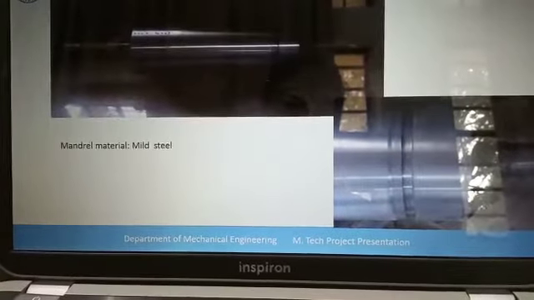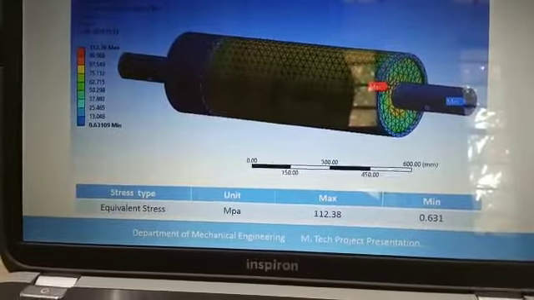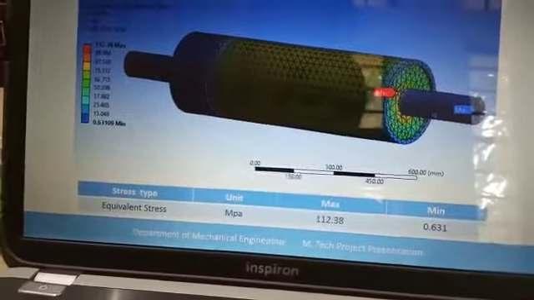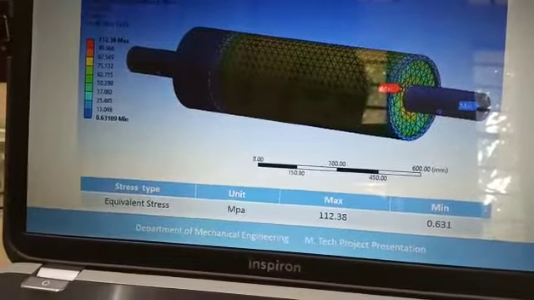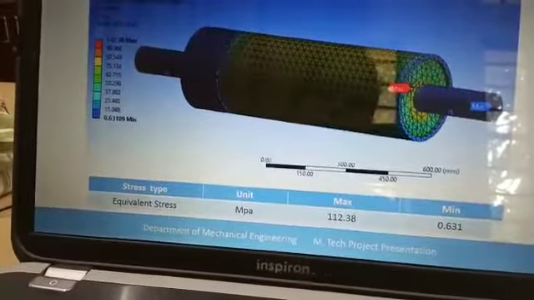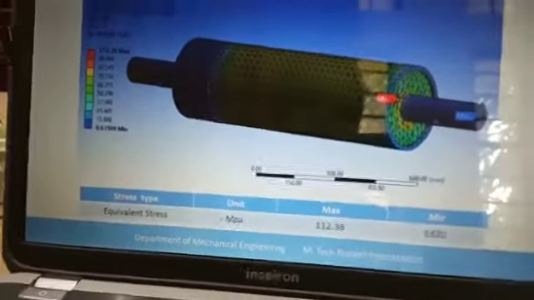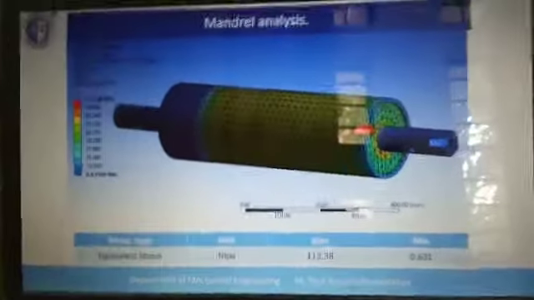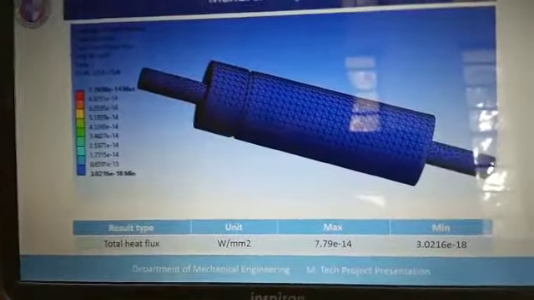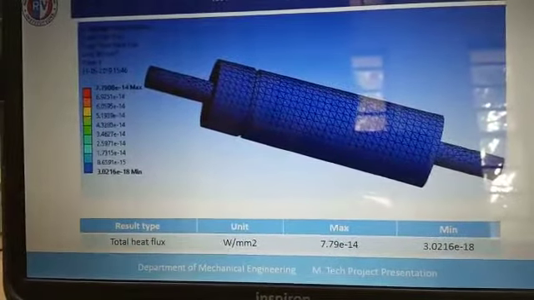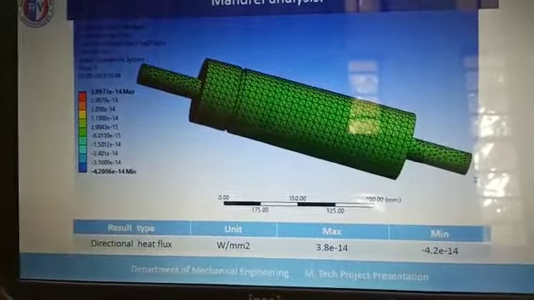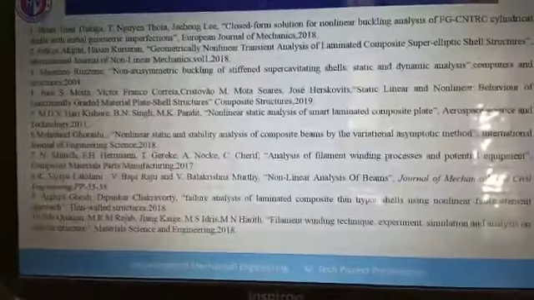These are the fabricated mandrel cells. We even did stress analysis, equivalent stress developed on the mandrel, and it was found that for every 10 MPa of tension by the filament, the stress developed on the part is 112 MPa. Then total heat flux is this much, and then the directional heat flux, and these are the